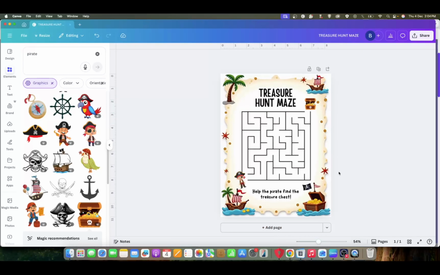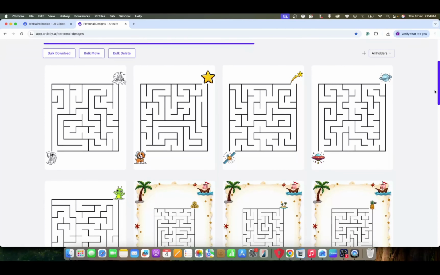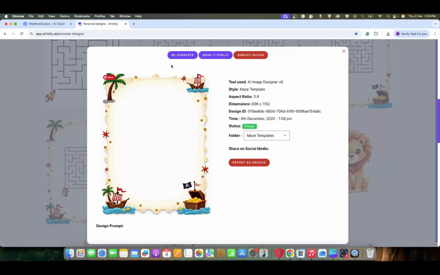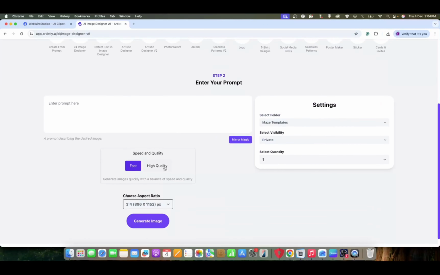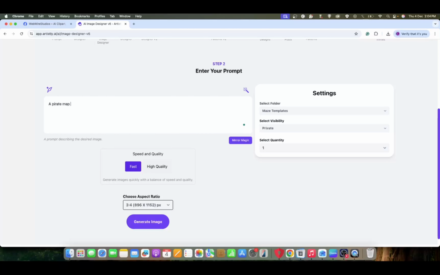And if I was making this as like a product to sell, I would definitely create a cover page to go with it. So how we can do that is if we go down to the border, we can select on the eye icon here, and we're just going to select regenerate. Now the prompt that I like to use is a pirate map maze book cover for kids with pirate themes, including a treasure chest,